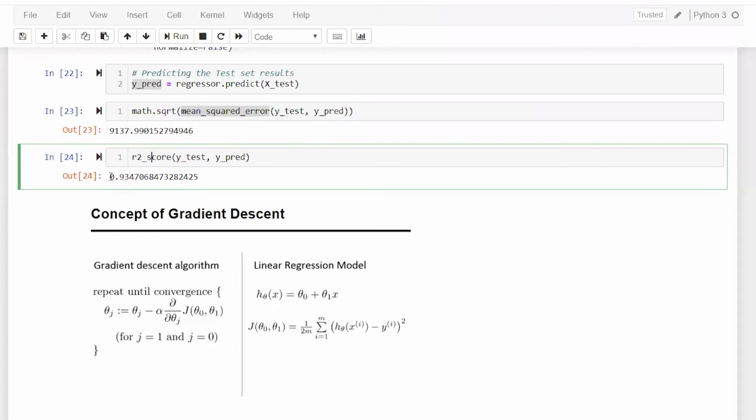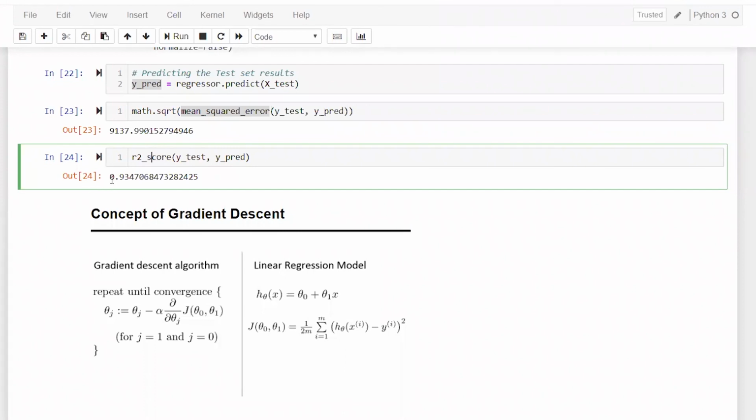And if it is a poor model, it will have lower values of R square. It can take negative values also, but generally it lies between 0 and 1.